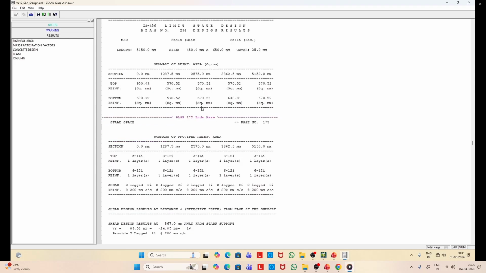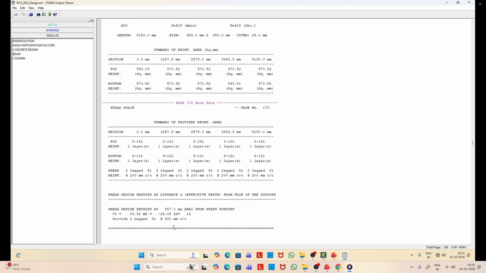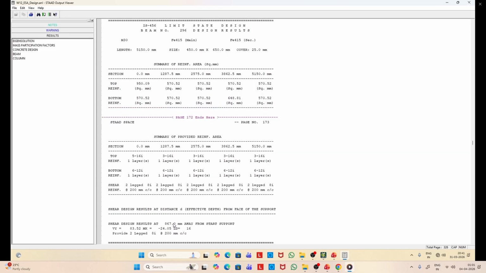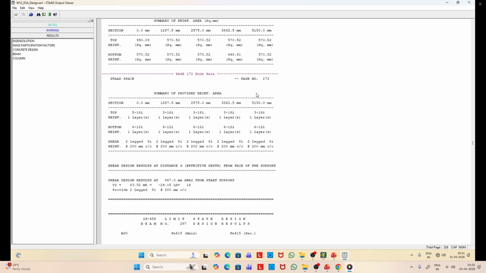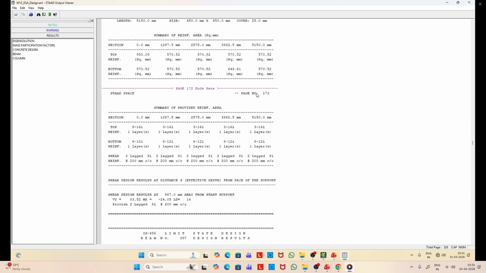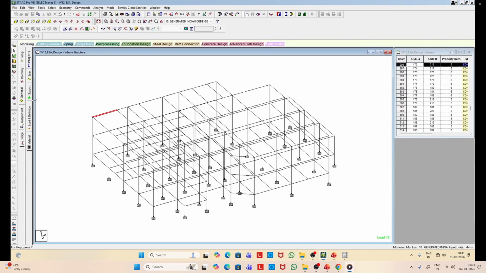Now here you can see the values of different parameters along with, see the load case number here. The critical load case number is 16 for this particular member. So out of all the load combinations, this load case 16 is the critical one.